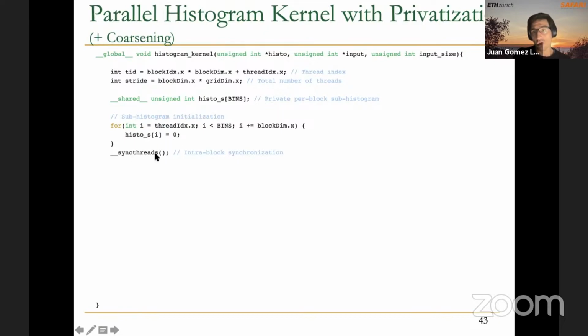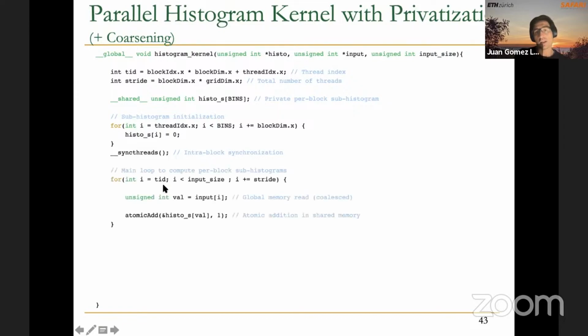We have to make sure that all counters of the histogram, or bins of the histogram, are equal to 0 before going to the actual execution. That's why we need this intra-block synchronization here. And then we go to the main loop where all threads are reading one element from memory that belongs to the image,